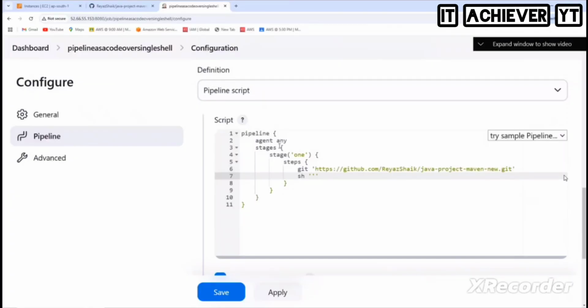What is that called? Single quote. Right. So here you put sh, single quote, and then everything you write inside it. Right, Maven compile, and then sh Maven test, and then sh Maven clean package, and then sh and then